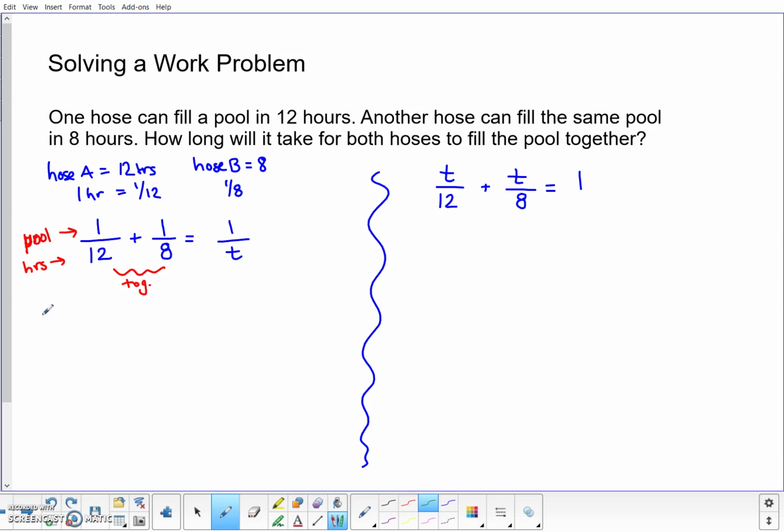For this method, I'm going to say, okay, 12 is made up of 3 times 4. And 8 is made up of 2 times